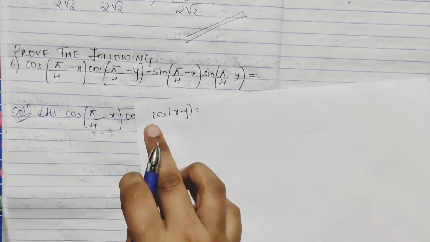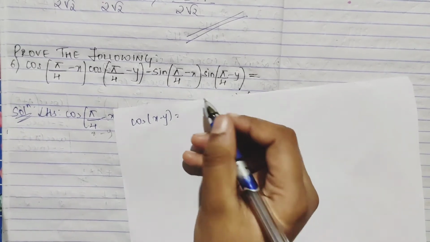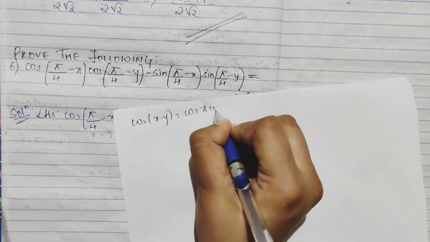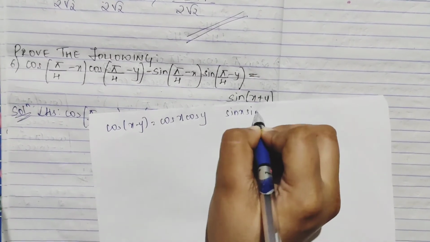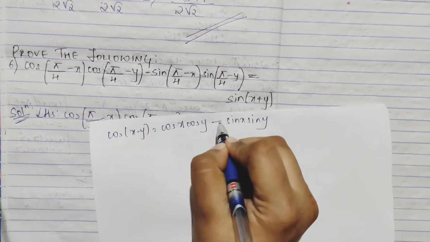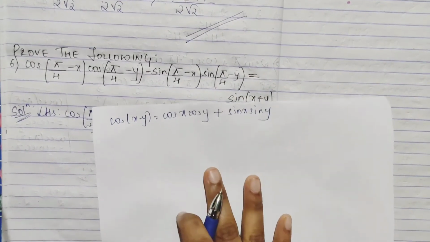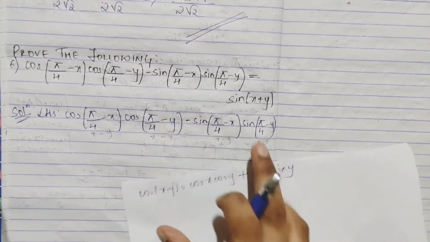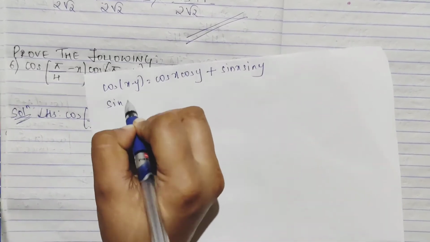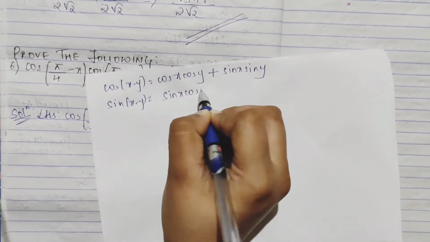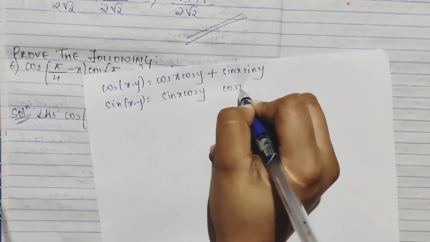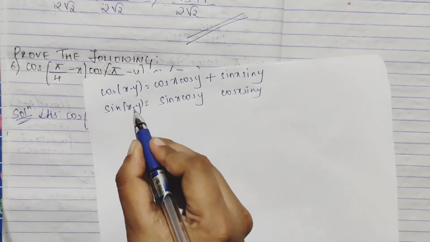See, I have told you the pattern. If it is cos, it will be the same: cos x cos y, and it would be sin x sin y. But if it is minus, it should be plus. Remember like this, and it will be very easy for you. And one more, sin of x minus y. Sin, how will it be? Opposite. Sin x cos y, and it will be cos x sin y. See here what the sign will be? It will be the same sign. Simple. Okay, understood? I hope so.